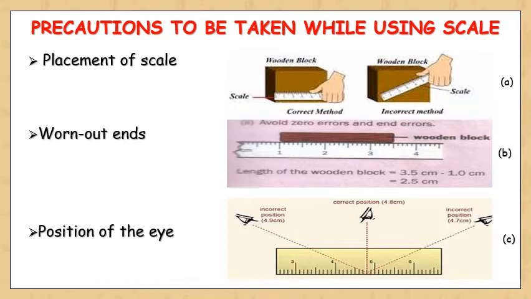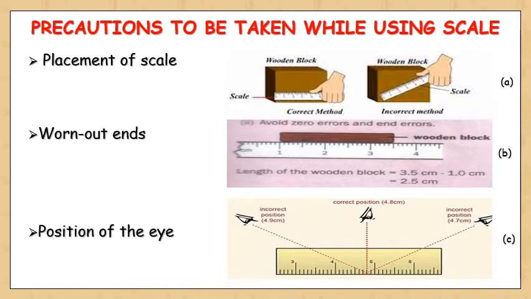Now next is worn out ends. Now students, sometimes due to repeated use, the zero mark of a scale gets worn out and cannot be seen clearly. Also, sometimes the ends of the scale may get damaged or broken due to various reasons. So in such a case, we should measure the length of the object starting from any other mark of the scale, say 1 centimeter mark, then we subtract the reading of this mark from the reading of the